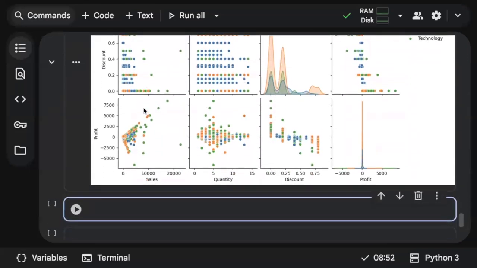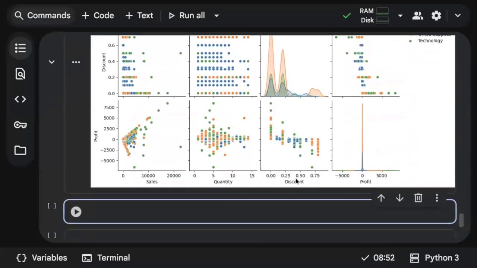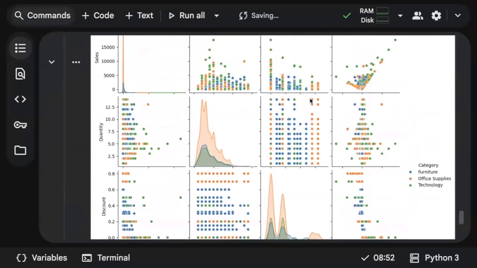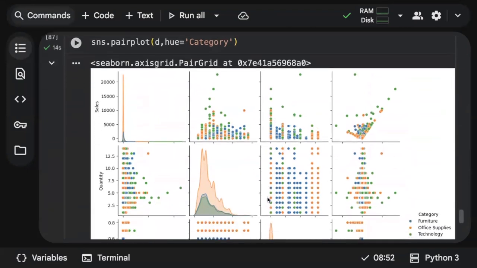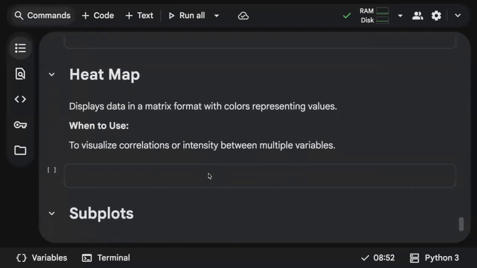See, now it looks so good. It plotted only for the numerical columns, and it has plotted with respect to hue, which is a category. You could see three different colors. This is so cool, right? And interesting. So this is all about a pair plot. A simple understanding, it just tells you how each pair of numerical variables are related. So that understanding you get to know. Okay, so great. In the next video, let's discuss a heat map.